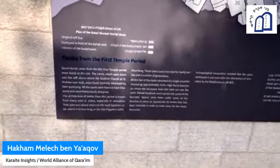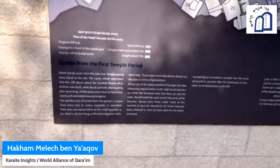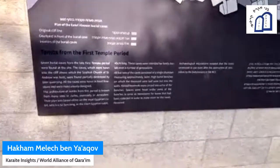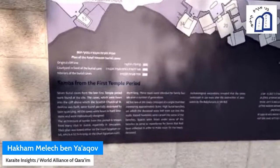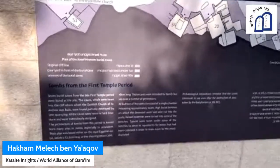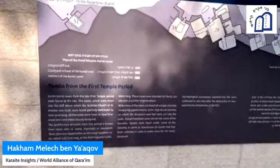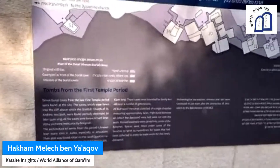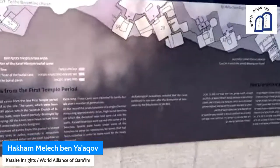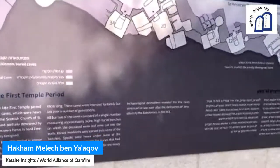All but 2 of the caves consisted of a single chamber, measuring approximately 3 by 3 meters. High burial benches on which the deceased were laid were cut into the walls. Raised headrests were carved into some of the benches. Spaces were hewn under some of the benches to serve as repositories for bones that had been collected in order to make room for the newly deceased. Archaeological excavations revealed that the caves continued in use even after the destruction of Jerusalem by the Babylonians in 586